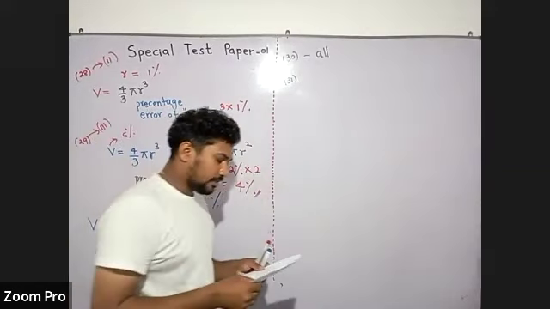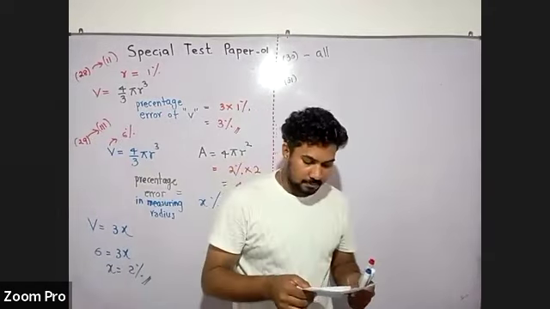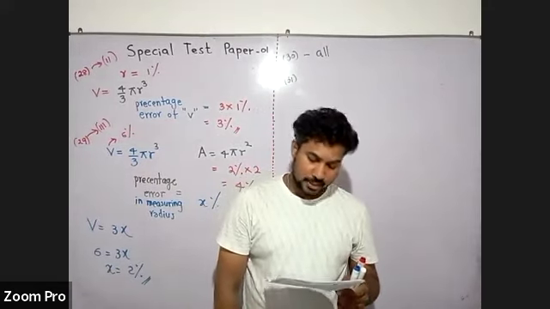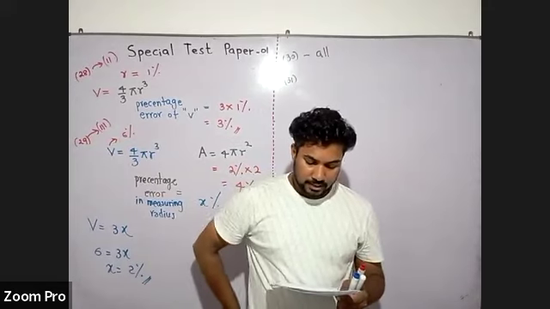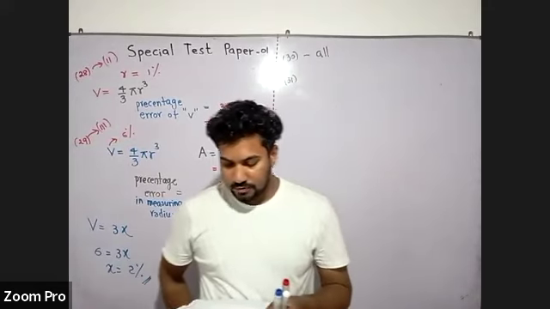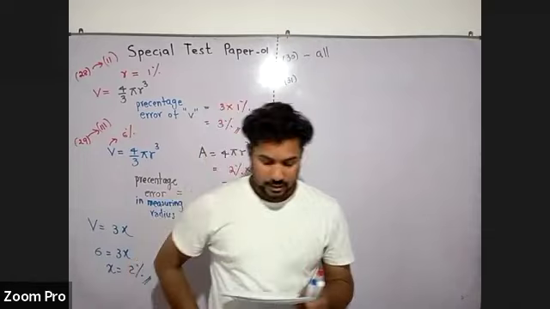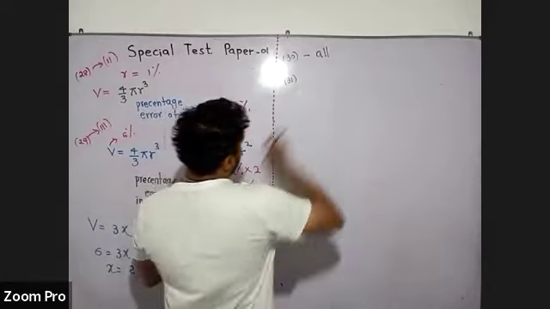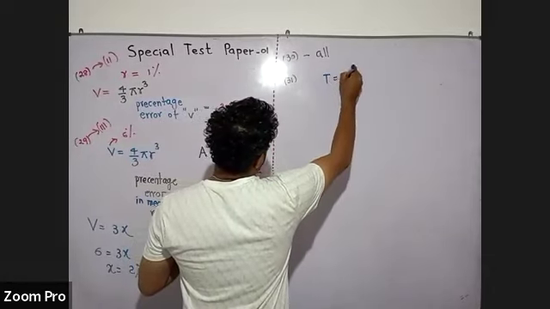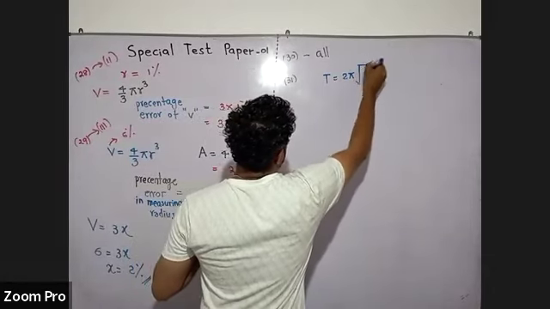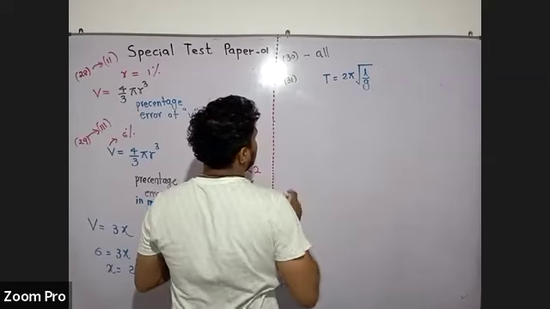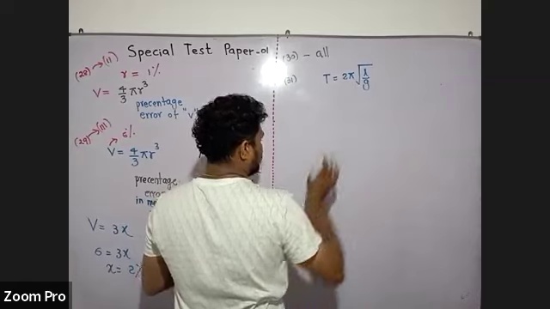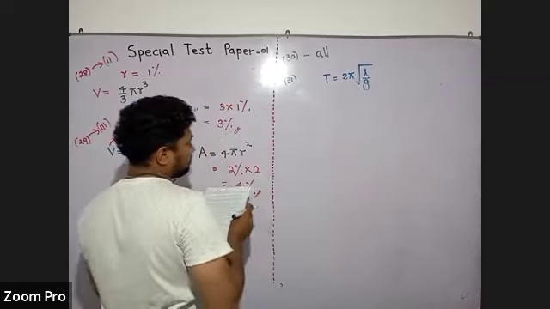the percentage errors in measurement of length of a simple pendulum and its time period are 2 and 3 respectively. The maximum error in value of the acceleration due to gravity obtained from this measurement is, right. So according to the equation, it is equal to 2π√(L/g), right? So now guys, you know that according to this equation,